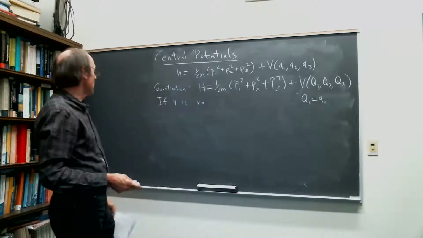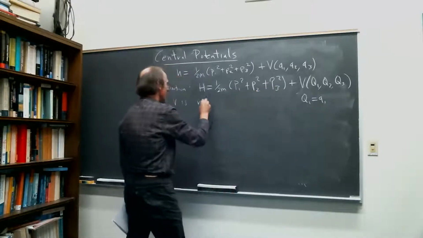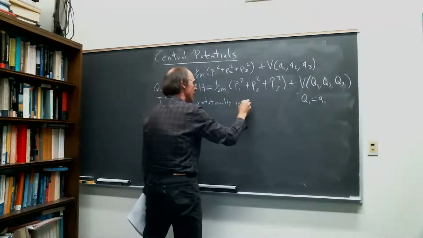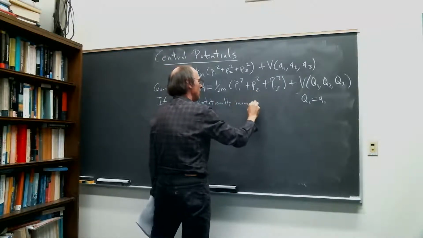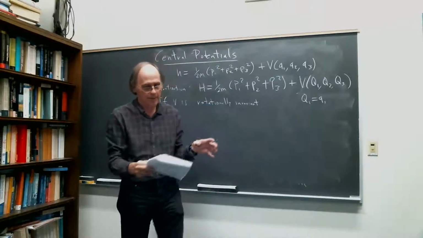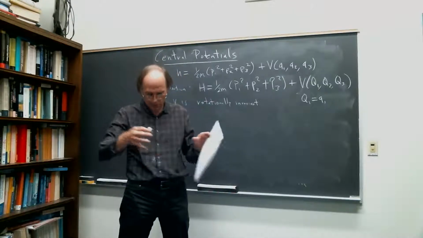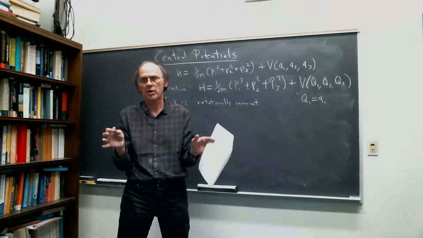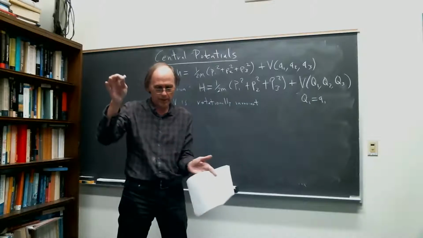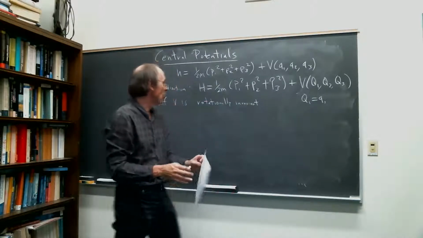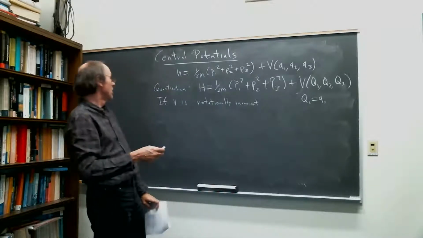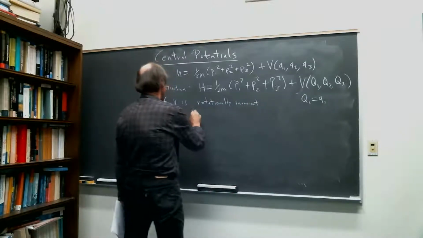Okay, so now let's see. If this function is rotationally invariant, this potential is some potential depending upon where you are in space. But if the only way it depends on where you are in space is by the distance from the origin, then you call it a central potential. So if it's invariant under rotations about some point, then V